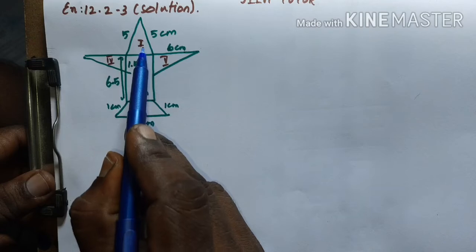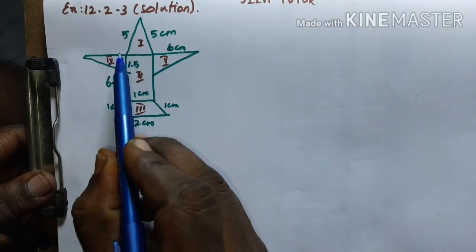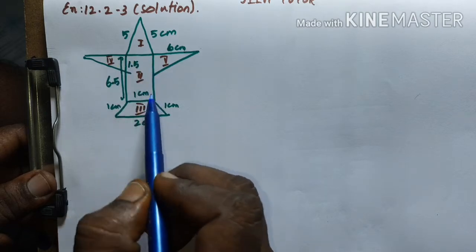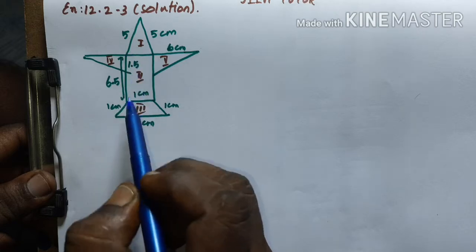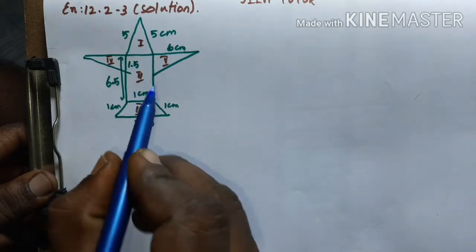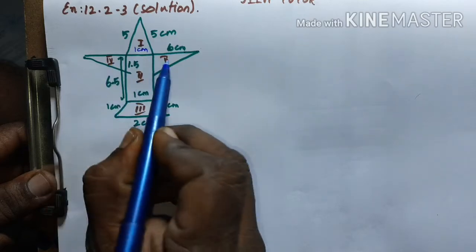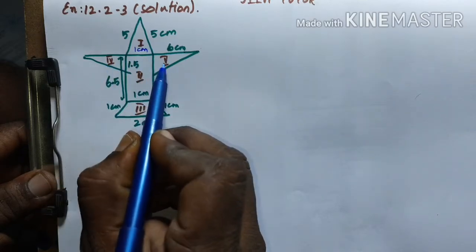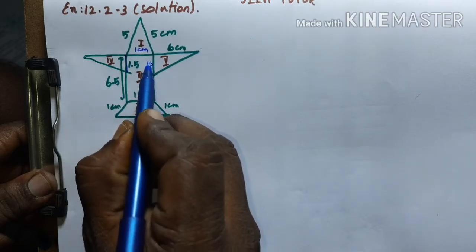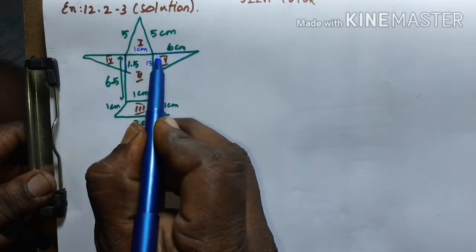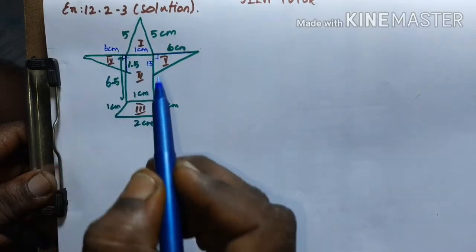The first part is in the shape of a triangle. First, we need to write all the measurements. The second part is in the shape of a rectangle. You know that in a rectangle the opposite sides are equal. So here 1 centimeter means here also 1 centimeter, and these both shapes are similar, that means the fourth and fifth shapes are similar. So here the base is 1.5, and here also the base value is 1.5, and the height, because it will make a right angle here, is 6 centimeter, and here also 6 centimeter.